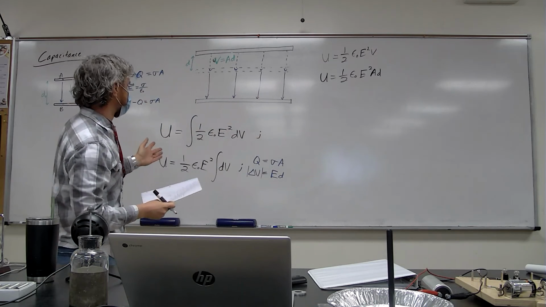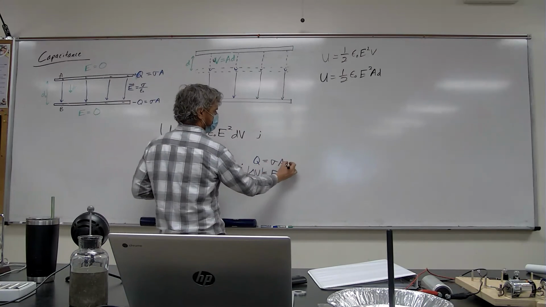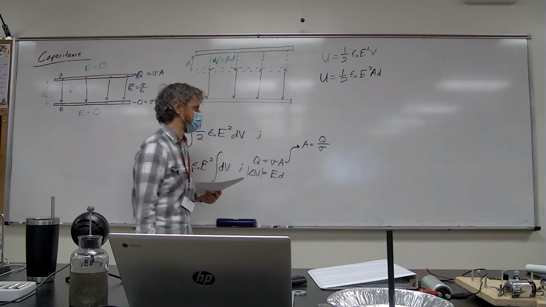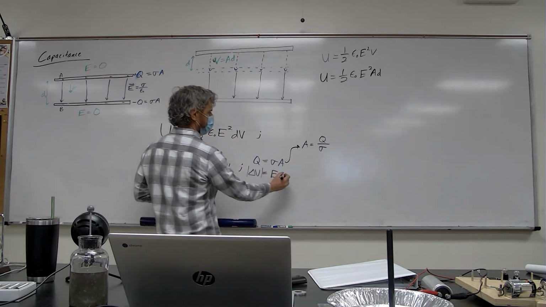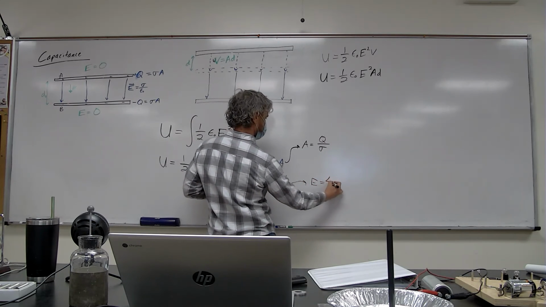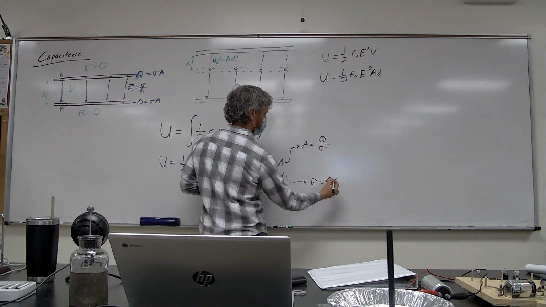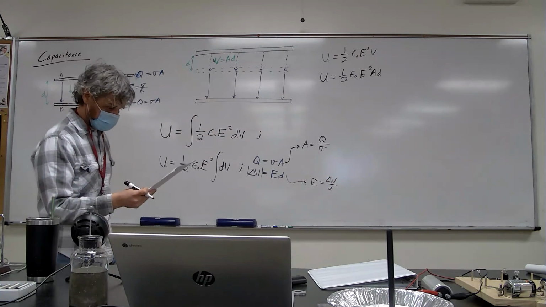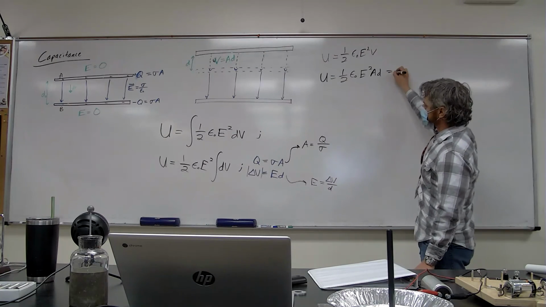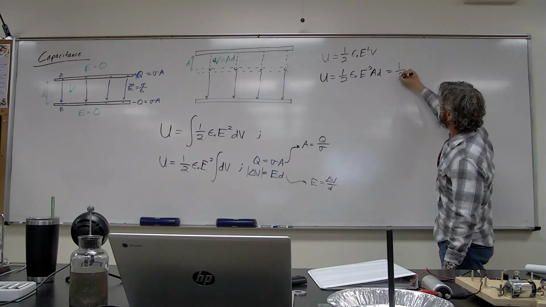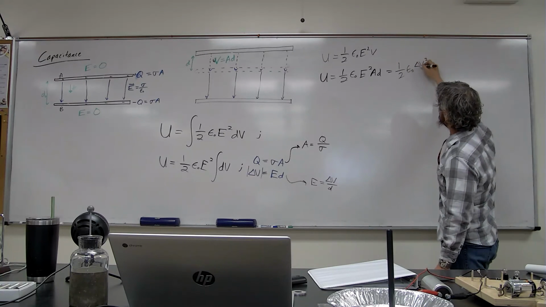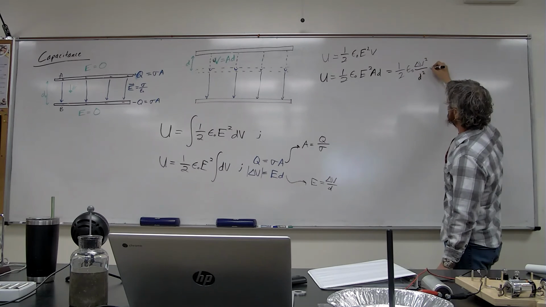And then we can say, all right, let's just make some substitutions. I can rewrite this guy. Area is charge divided by charge density. I can rewrite this guy as electric field is electric potential difference divided by distance, separation distance. That's what I'm trying to do here, right? Okay. And so I make those substitutions. I get 1/2 epsilon naught times the electric field squared, so that's going to be delta V squared over d squared times,